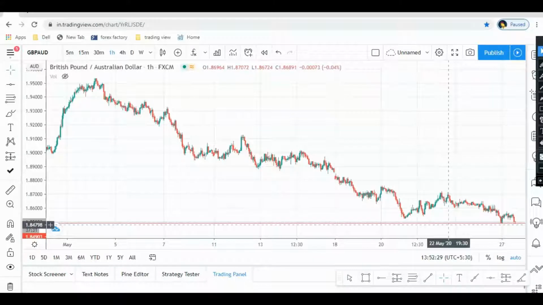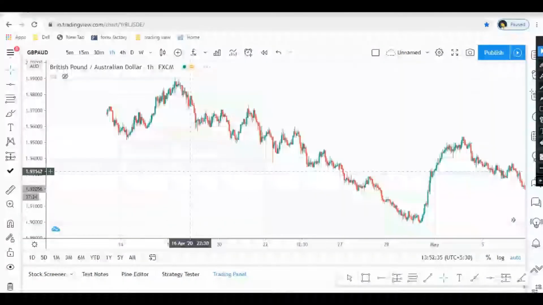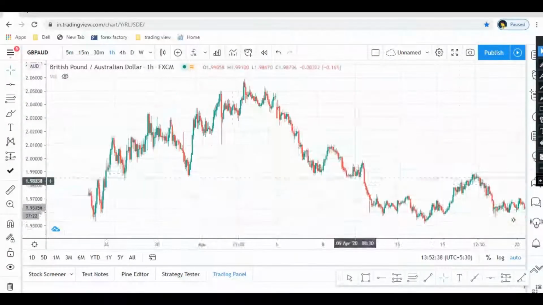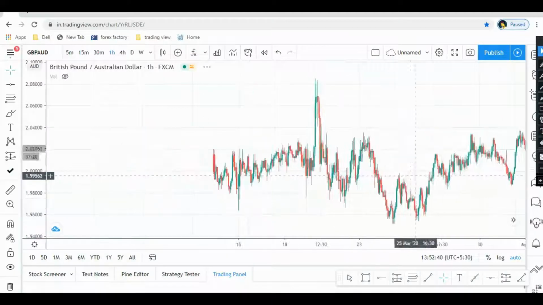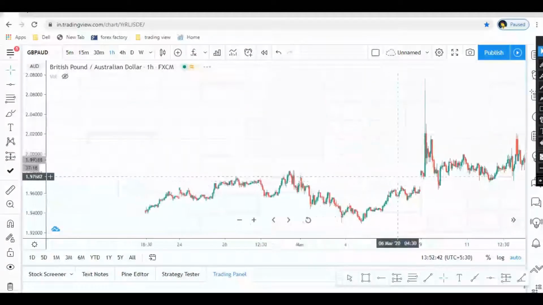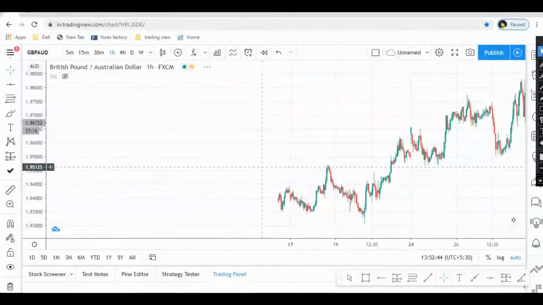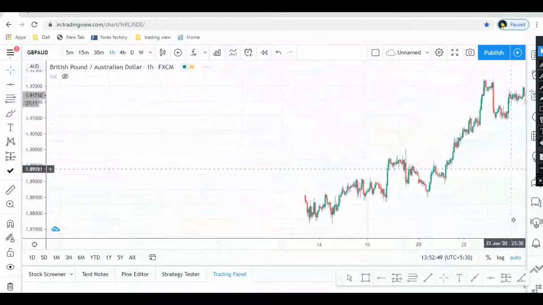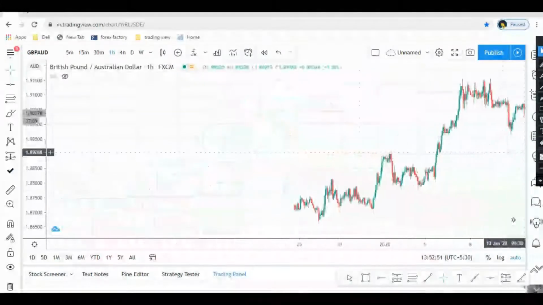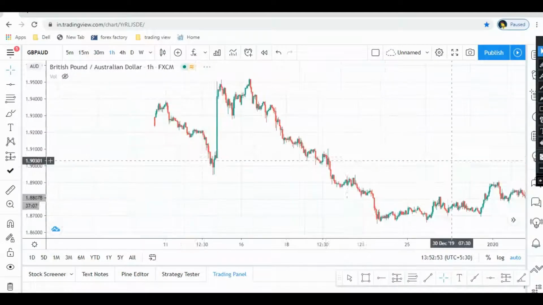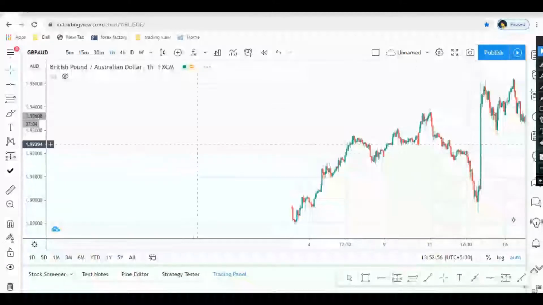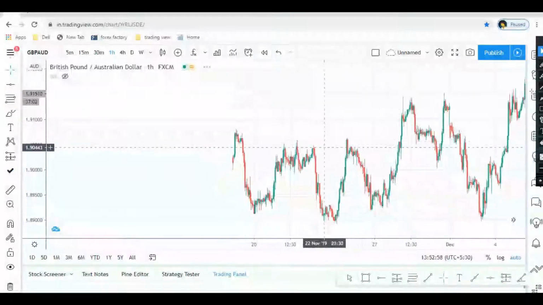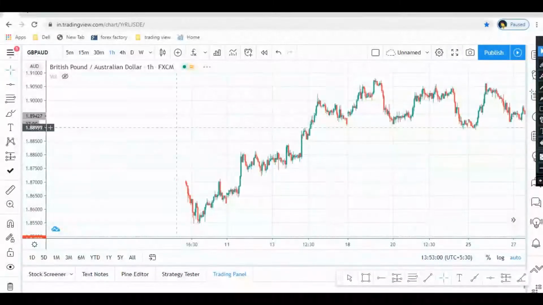As you can see, price is now in a support zone. I hope I can place a buy order. Let's see. First let me confirm, then after that I will place the order. Scalping is very interesting. You will easily get very good setups, but before you place any order you just confirm whether it's a strong resistance or support zone or not.